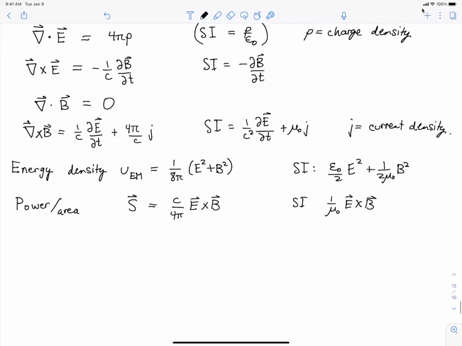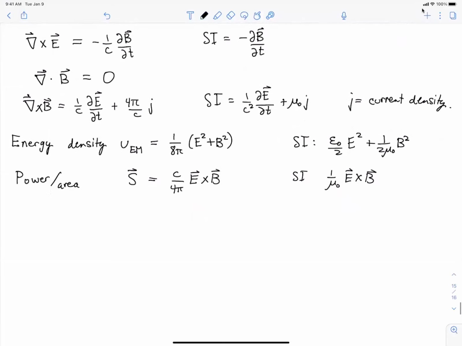It's again, in the CGS system, much more symmetrical. So if I was dictator of physics, we would all be using CGS, but unfortunately I'm not. But anyway,